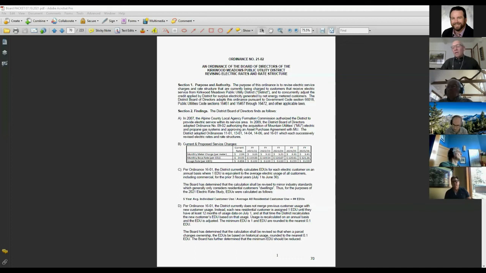Well, I was walking around the neighborhood and 2 people at different times came up to me and said, when is the new rate going to be in effect? And what they're talking about is the 22 cents. One said, I'm really eager to put in an induction stove or an induction range, replace my propane. The other one said, I'm really eager to bring my electric vehicle up and charge at home. And I said, well, it becomes effective if the ordinance passes on August 1st,